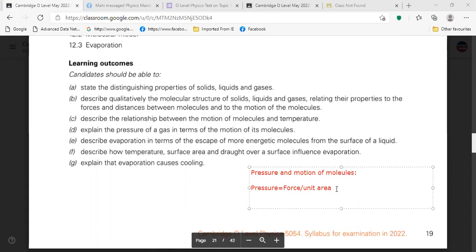So we write the explanation now. If the temperature increases,